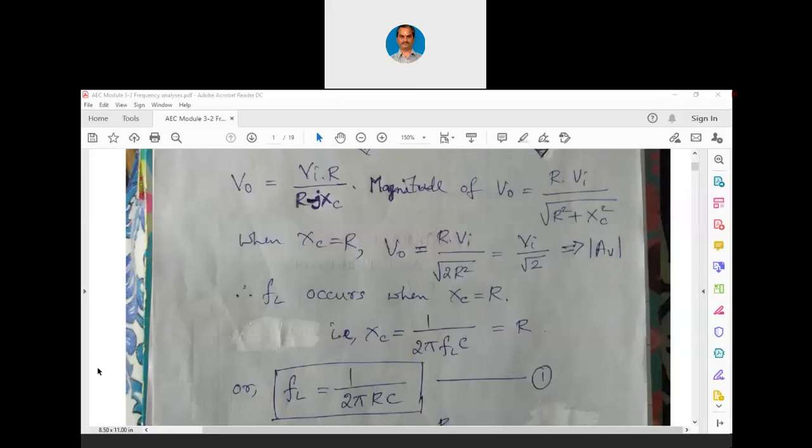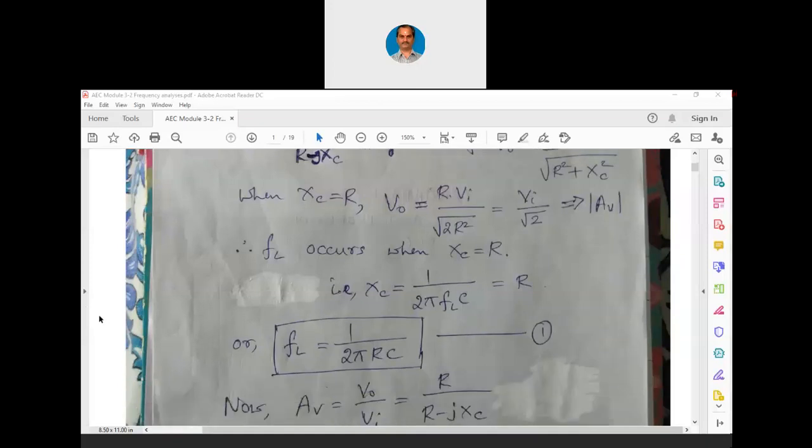So for this particular RC circuit, we get FL equals 1 over 2 pi RC. Similarly, in future, we will be seeing the LC circuits along with the oscillators, where the similar type of frequency we will be getting, where instead of RC, we will be using the term LC there. Anyway, that is the topic which we are going to discuss in the next module. So, FL equals 1 over 2 pi RC. Now, this is one very standard expression. Please remember this. Let us proceed now further.